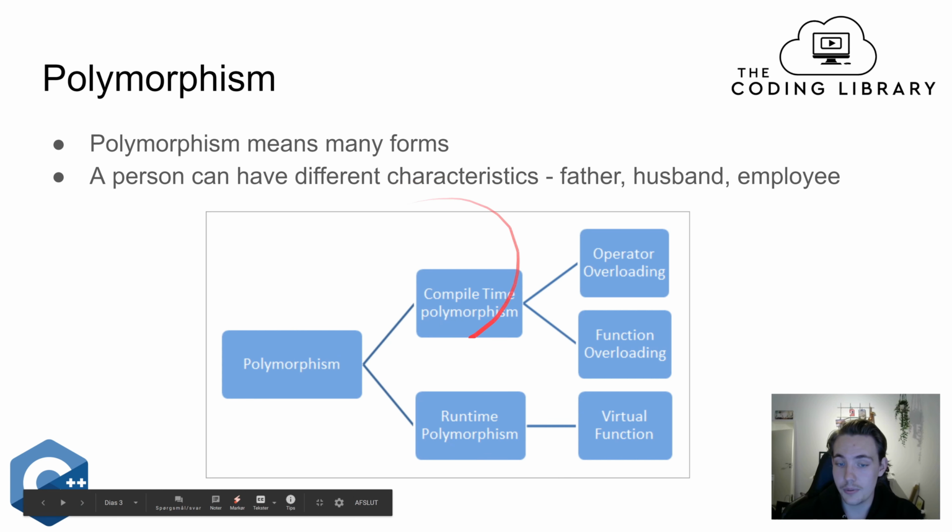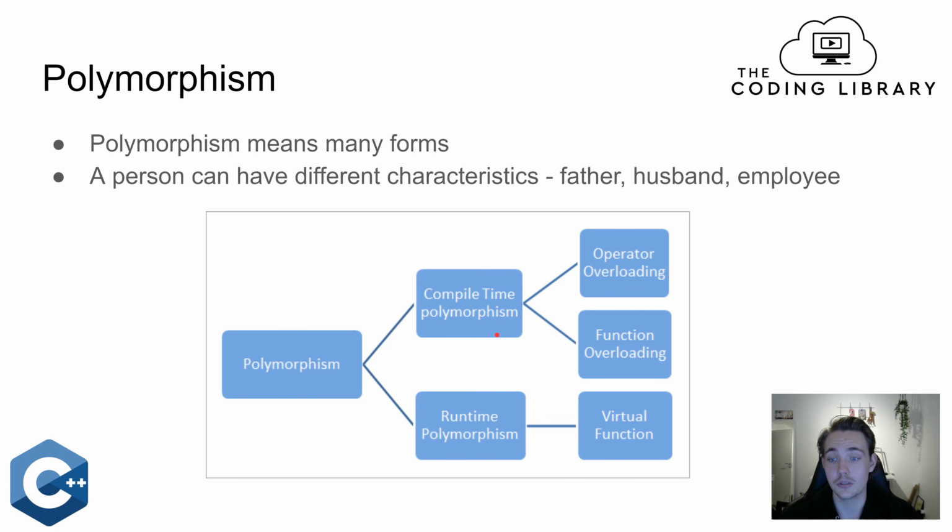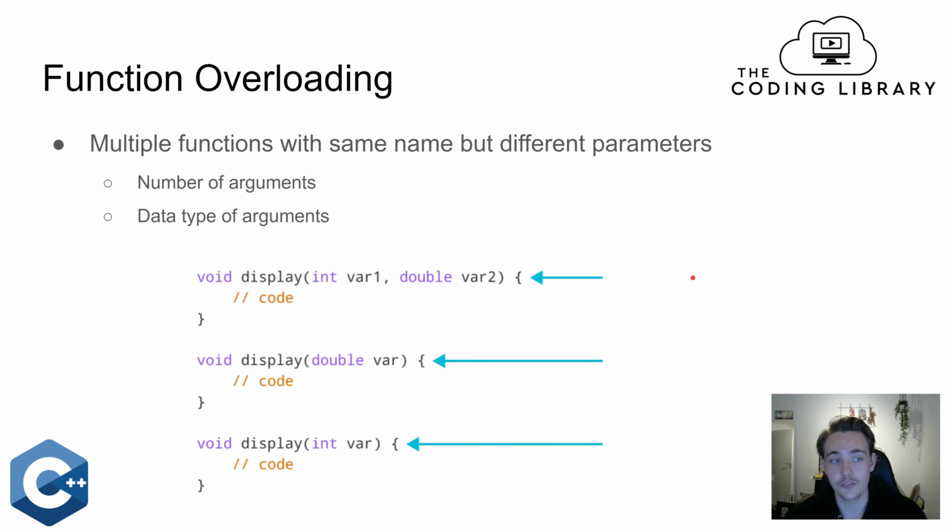Up here in compile time polymorphism, we have operator overloading and function overloading. If we want to overload some functions or operators, we need to do it at compile time, whereas if we're using virtual functions, we can do it at runtime instead of compile time. First, talking about operator and function overloading, we have function overloading here, which is